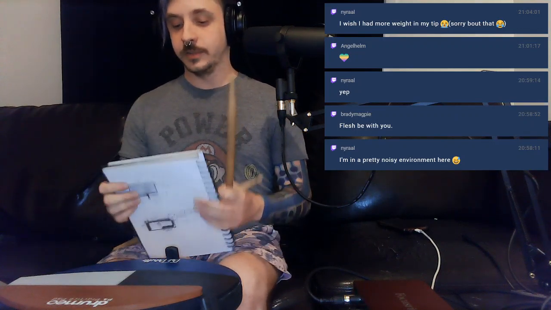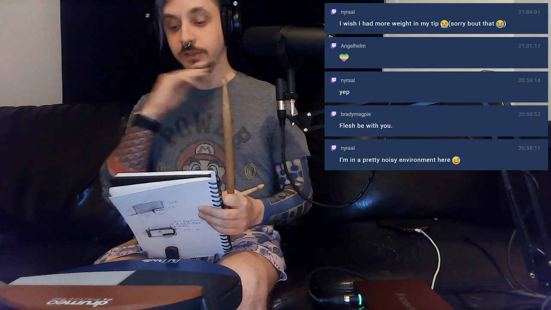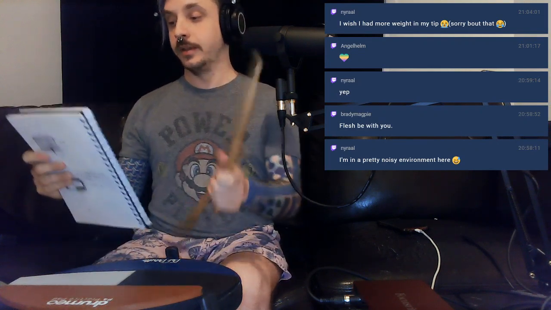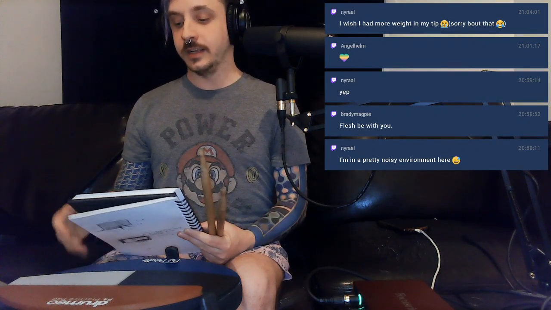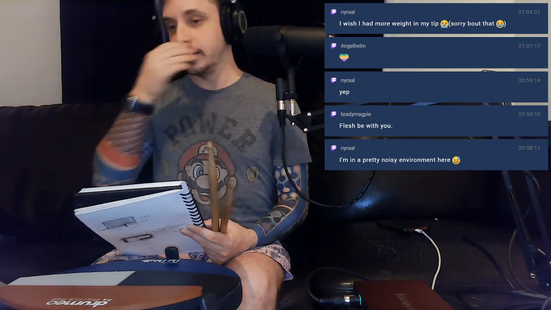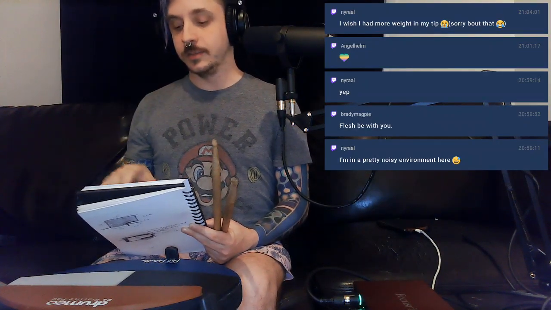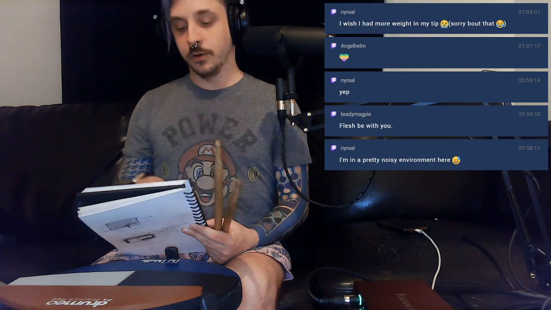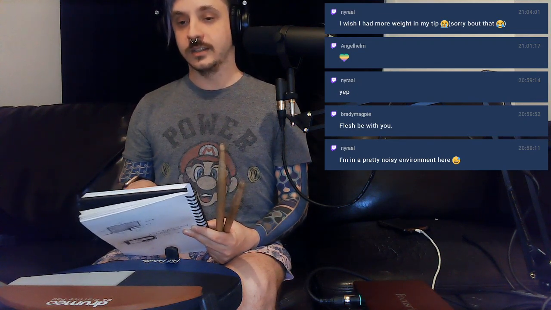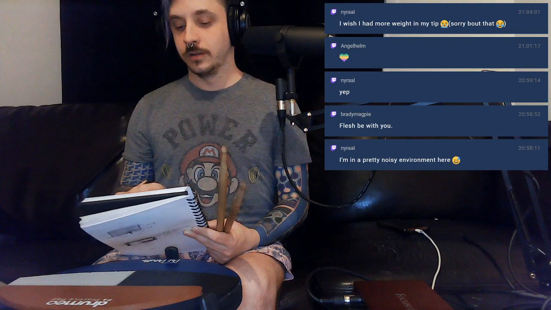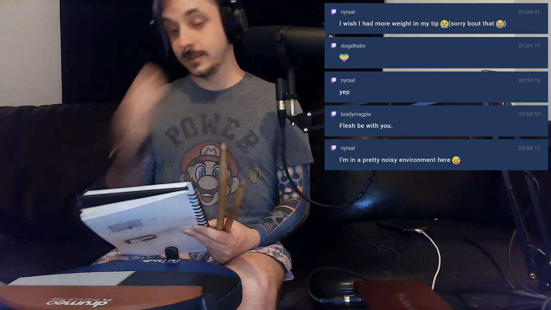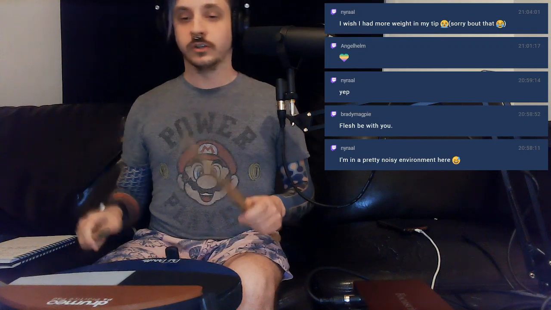Alright, so from there, I'm going to move into what he calls alternating paradiddles and paradiddle-diddles, and then what he calls a tabata, which I've seen as a workout term. I don't know exactly the meaning, but basically bursting as fast as you can for 20 seconds, 10 seconds off, for 8 sets at 4 minutes. So high intensity interval training basically, but going as fast as you can. Still good technique.